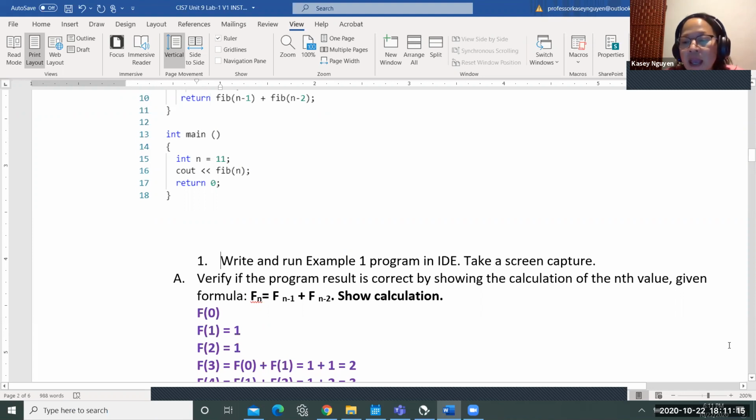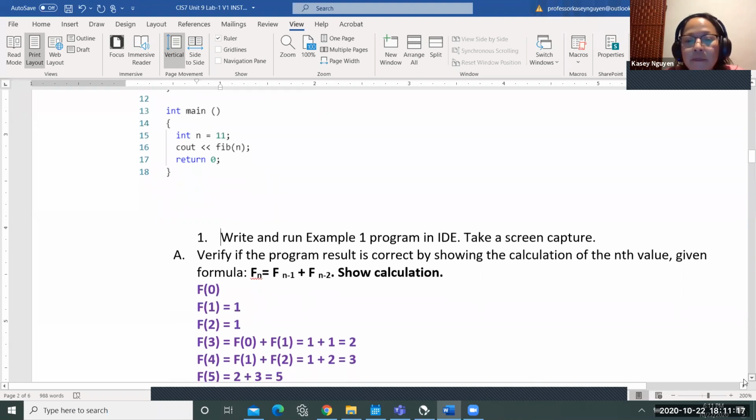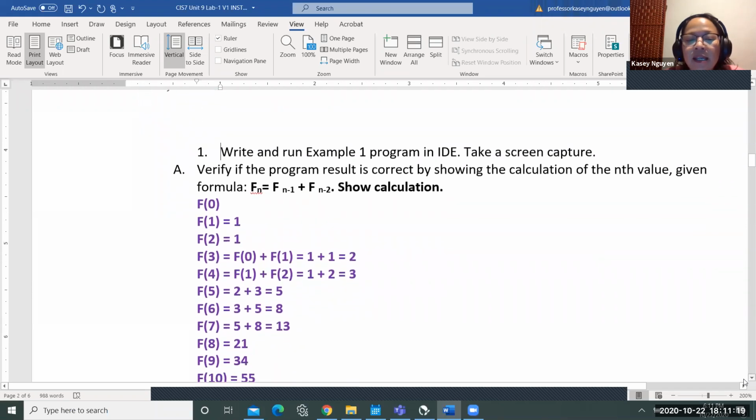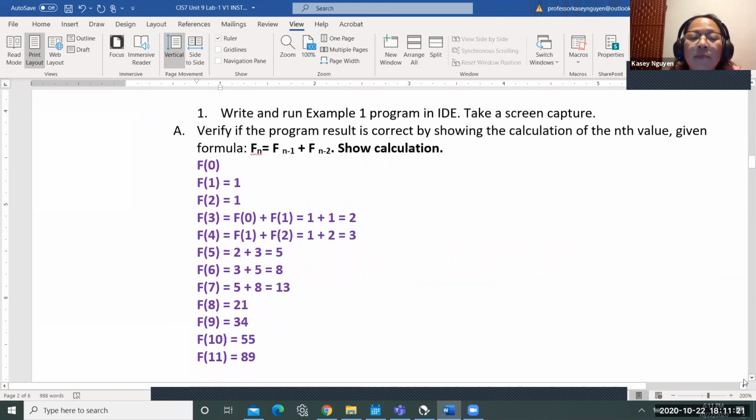Then for step A, we would verify to see if our program output is correct. The reason why I have you manually calculate this is that I want you to examine to see if the output is correct. Not only that, if you're not familiar with Fibonacci, it introduces you to Fibonacci.